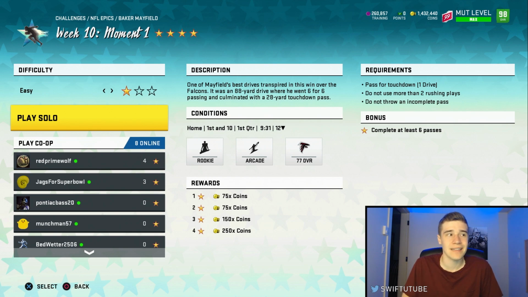It's going to be super easy to get this done, and also when you're playing this week 10 moment 1 solo, you're playing against a lot of really slow players, so you can just throw a streak route. You don't even have to pay attention at all, and you're going to get credited for those passing yards and